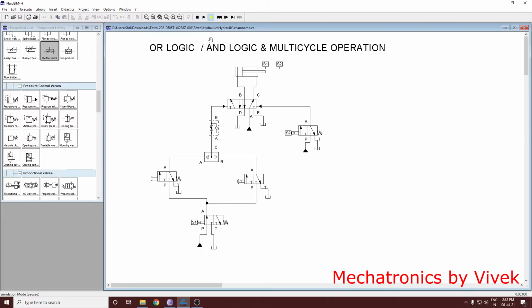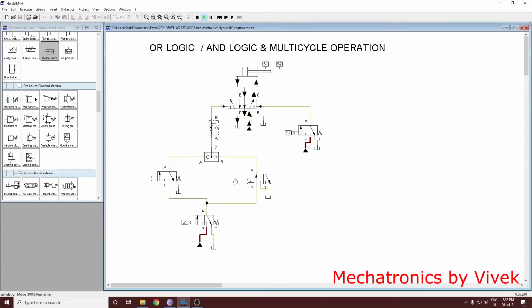Okay, by pressing this dark triangle, you can start your simulation. Now I think there is no error. As we can see, you can start the simulation. Now let us try to see the single cycle. Single cycle is working by pressing this push button. Okay, and if you want to have multi-cycle operation, then you have to press this detent switch. Let us see. Yeah, it is giving you multi-cycle operation, right?